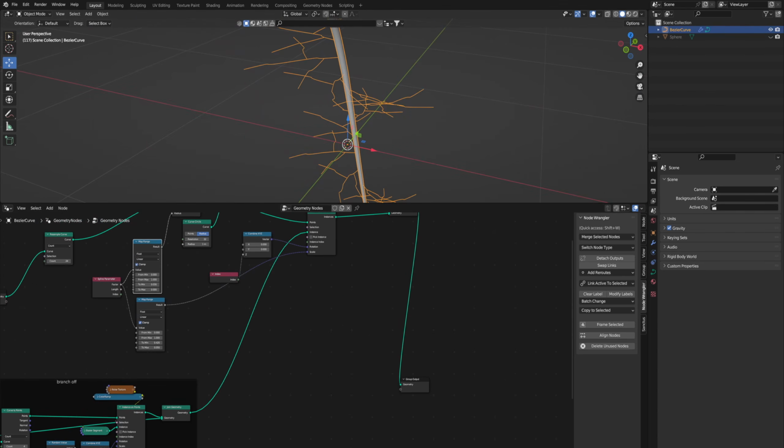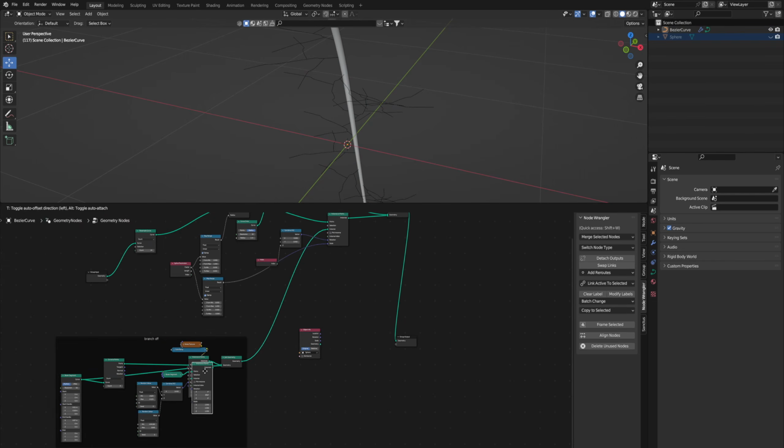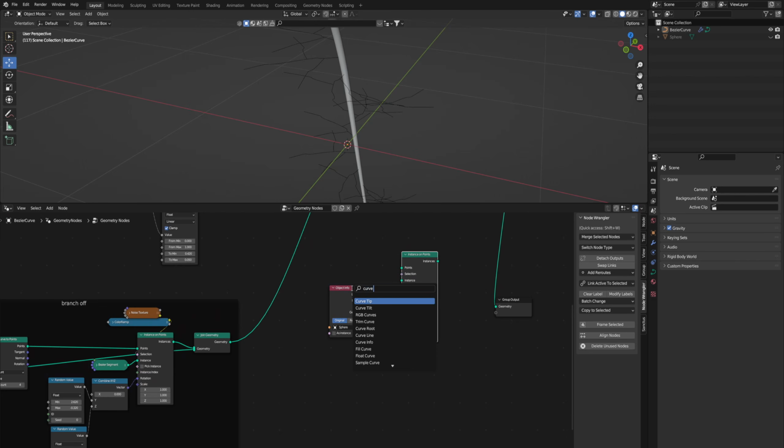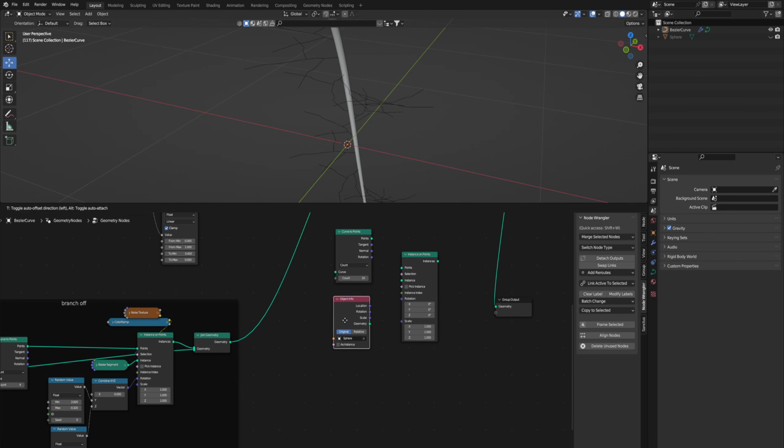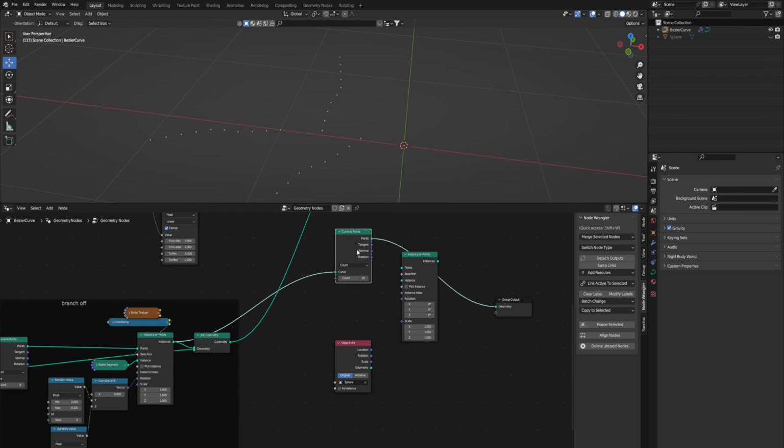We can add our sphere or grape back into the scene. And I'll add another instance on points right next to it. We'll do curve to points too. And then this instance on points, so this is each of these little branches that we made. I'm going to bring that to the curve to points. Now if you view that, it's going to put points on each segment of that curve. So if you switch this count to 1, it only takes the points of the end of the curve. So that's what we want.